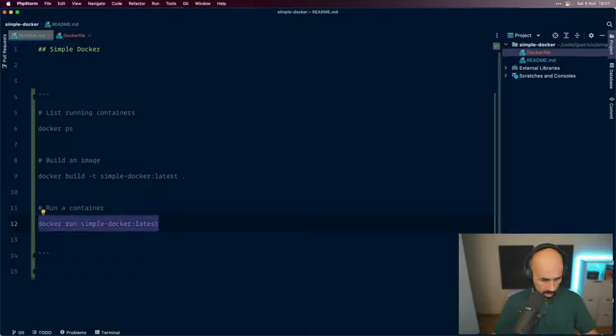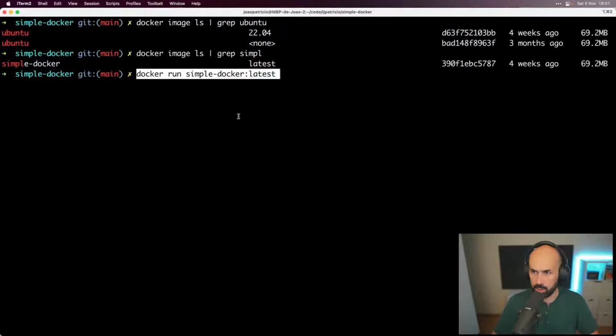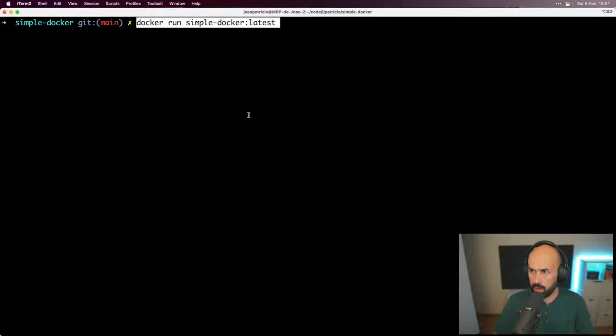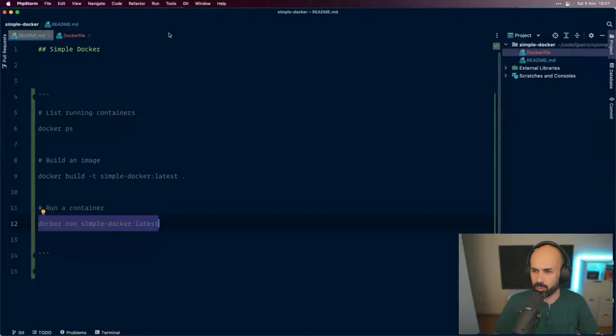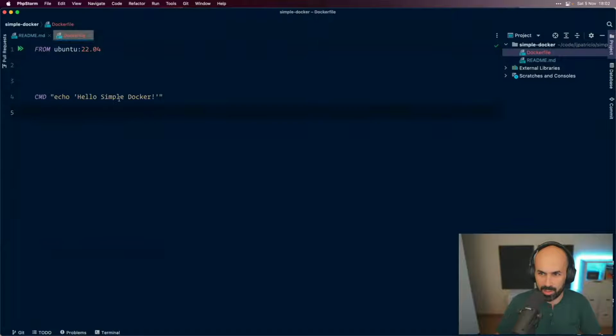So we'll grab this command, we will run this image and clear the screen, and with a little bit of luck we ran it and we are echoing simple docker. But this is an error. What did I do? I made some mistake. Command echo hello simple docker.